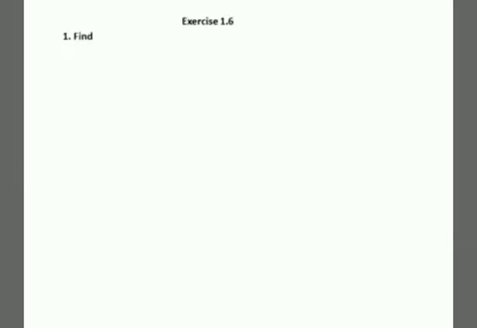Next, exercise 1.6, find 64 power of 1 by 2. You have to understand one concept. Whenever they are given in the laws of exponents, the base should always be a prime number. Then only it will be helpful for you to solve the sum easily. Here 64 is not a prime number, so first we need to make it a prime number. How do we find the prime number for 64? By applying prime factorization, we can write 64 as 2 power of 6.